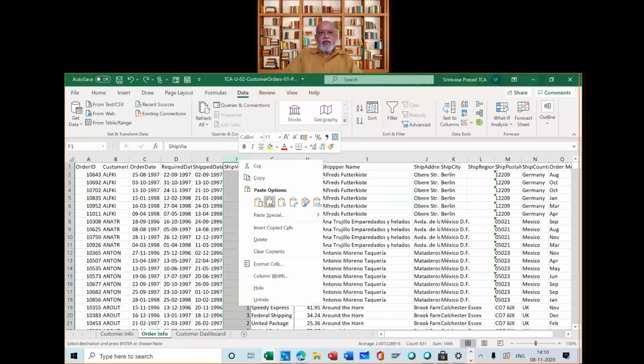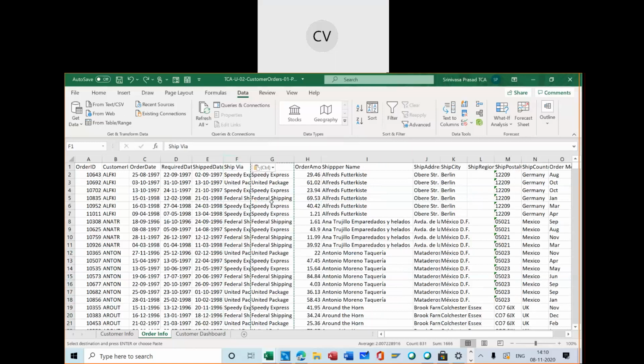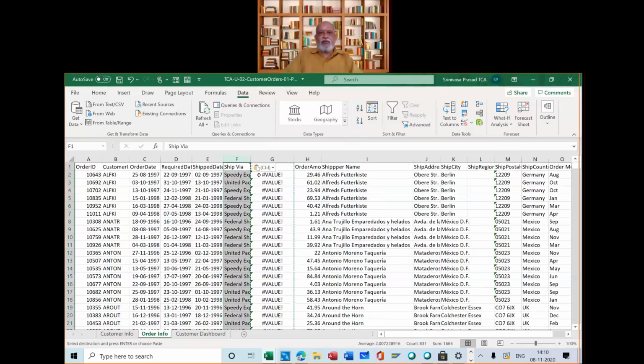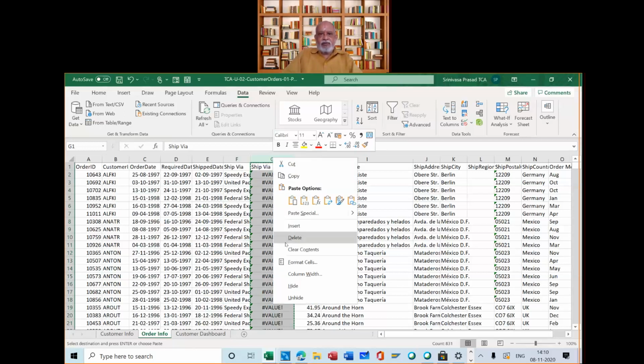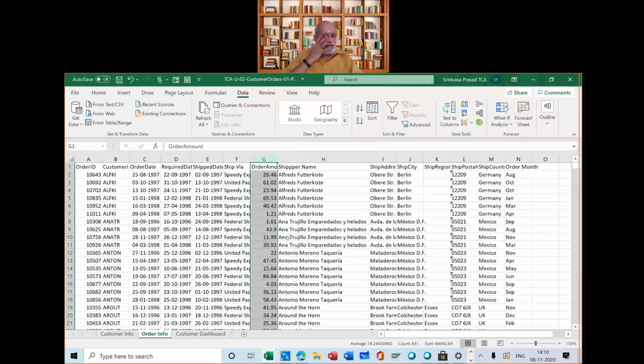We are supposed to do Paste Special. So we go to Paste Special and then we paste the values. The moment I paste the values, because 1, 2, 3 is not there, no value comes. So we don't need it anymore, and we remove this particular column totally. We have done that. Fine.